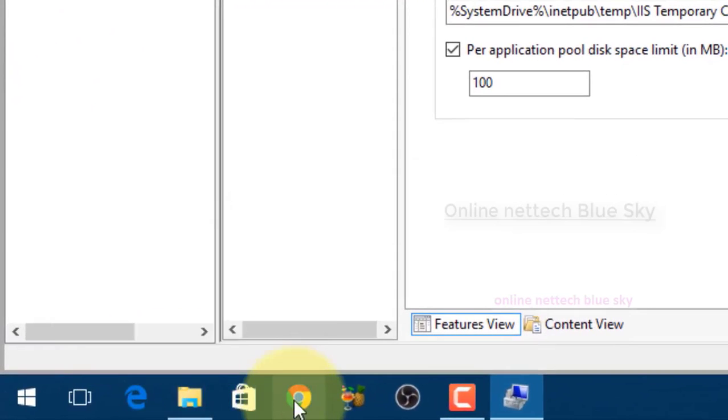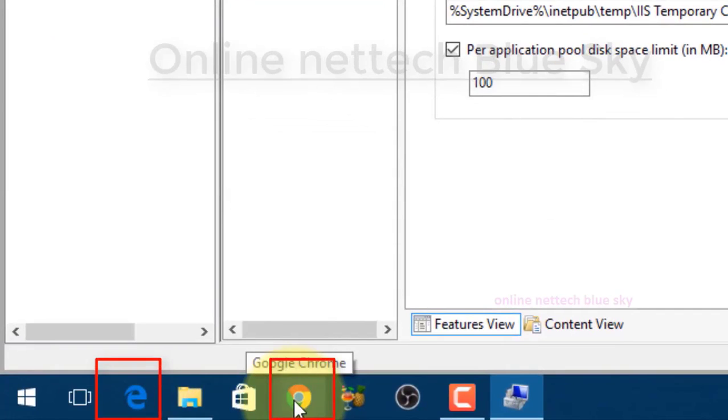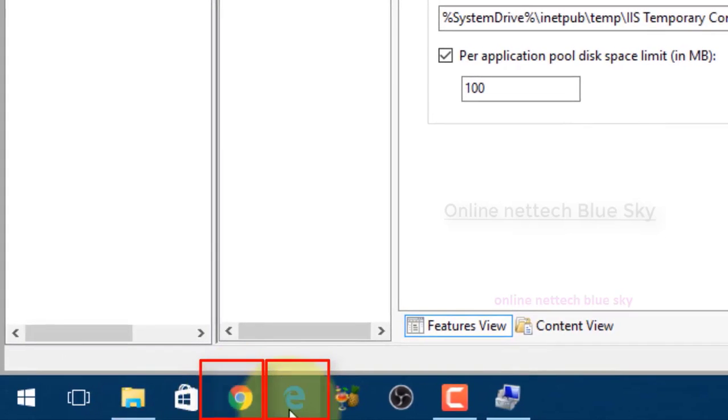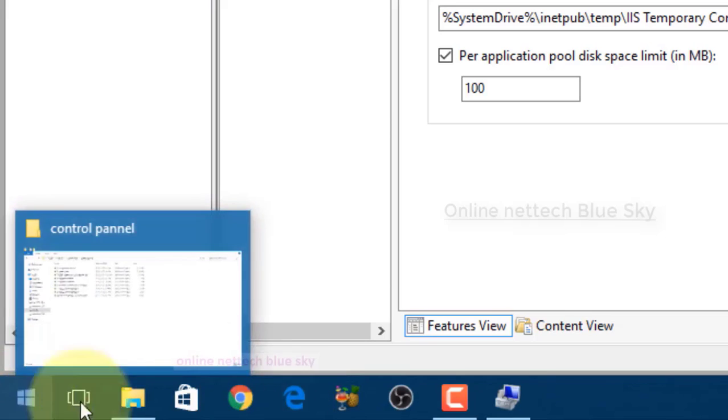You can see my Internet Explorer and Google Chrome. These are two browsers; there are other browsers available, but I'm just showing two browsers on my computer. This is the internet browser that accesses any of my web content and website data. This compression greatly improves my bandwidth.